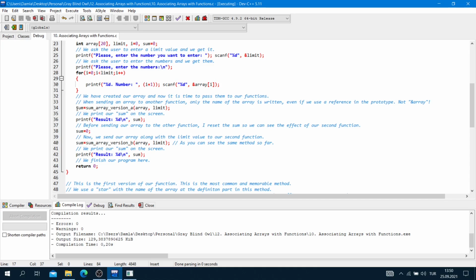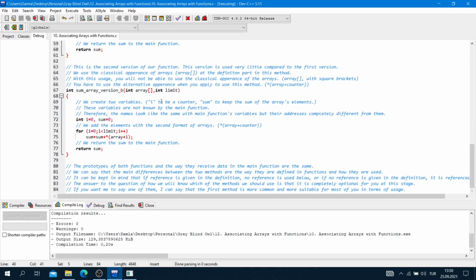And sum is equal to sum array version A. We send the array with its name and the limit value, and the version B array and limit value. As you can see, the methods are the same. Okay, this is our first result.